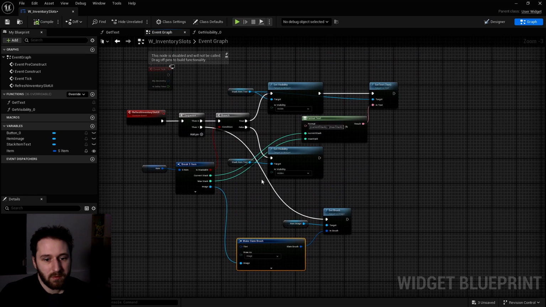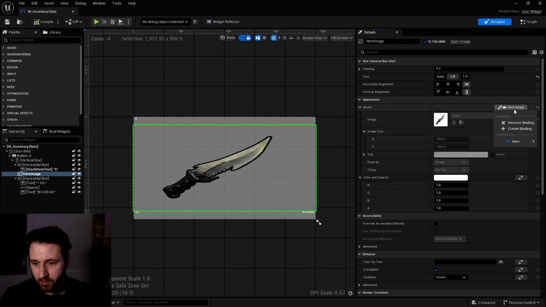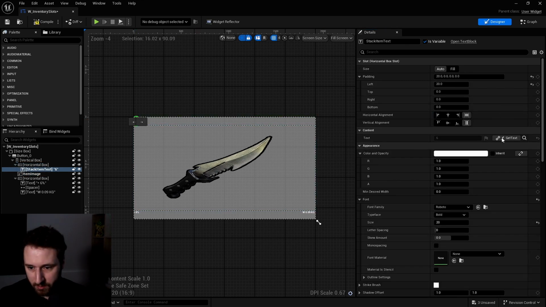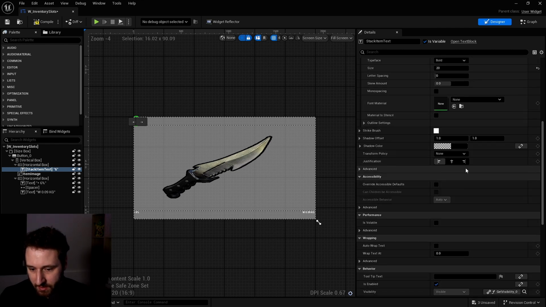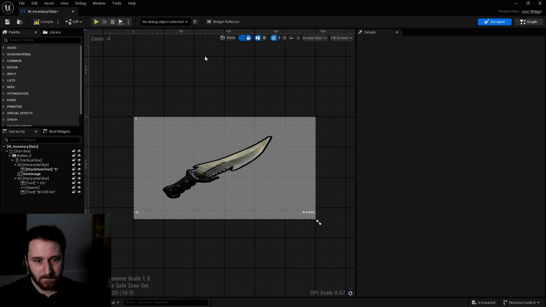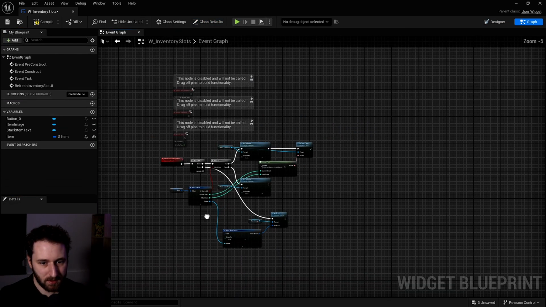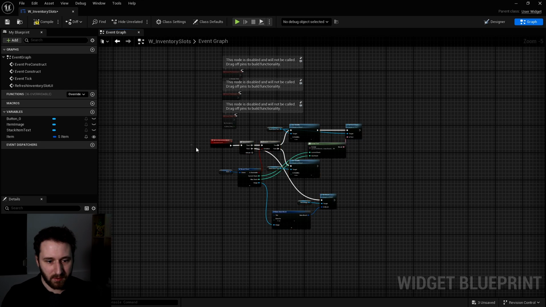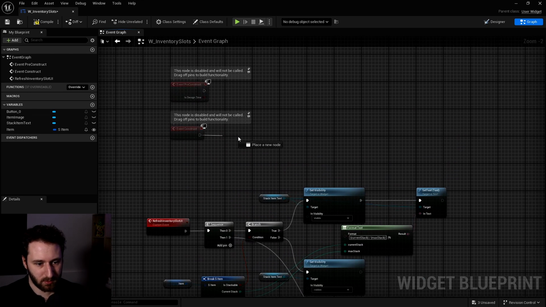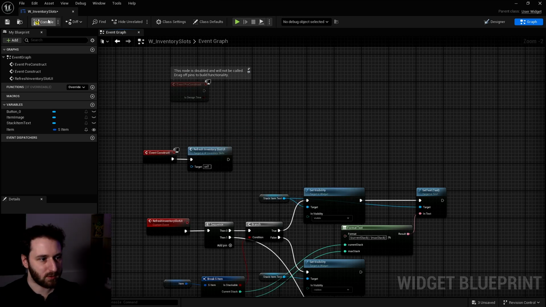We can actually set up everything in the event graph instead of in our designer. So now I can unplug everything. In here I will remove the binding. For this one I will remove the binding for the get text. I will remove the binding for the visibility. I can remove these two functions, get text and get visibility. And now we have this event that is updating our inventory slot UI. So we can go in here and do a refresh inventory slot UI, and it should be good.